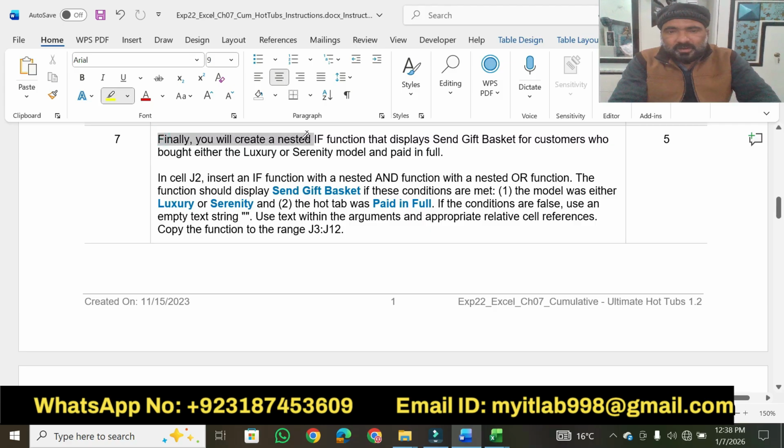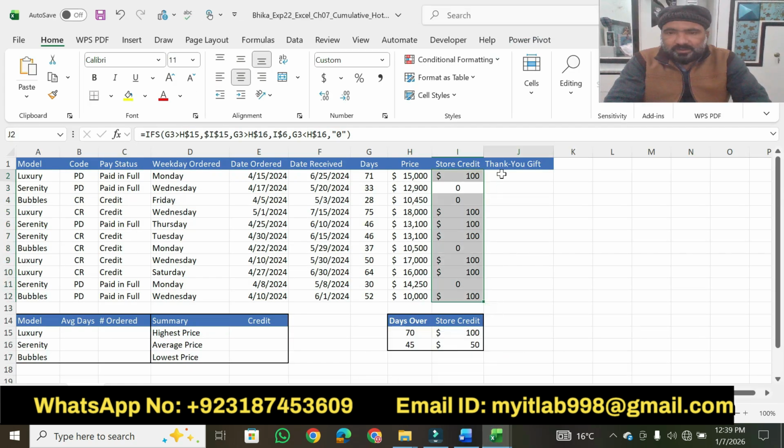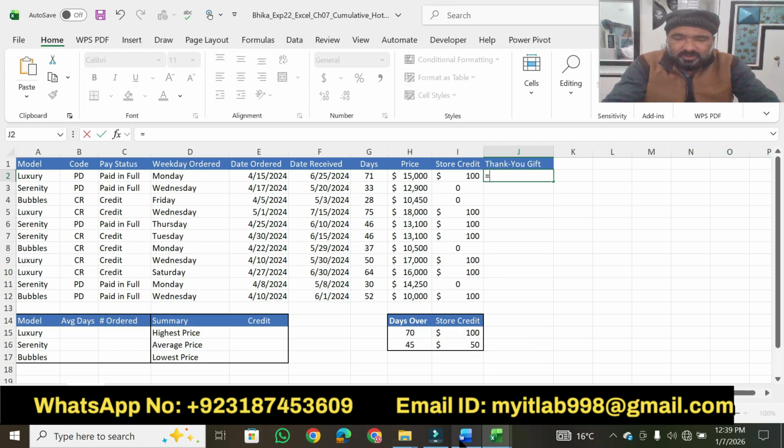Finally, you will create a nested IF function that displays send gift basket for a customer who bought either the luxury or seniority model and paid in full. So that was simply the instruction about question number 7. The main part starts from here. We have to move to our cell J2 and there we use the IF function